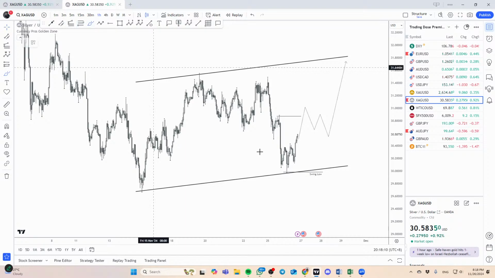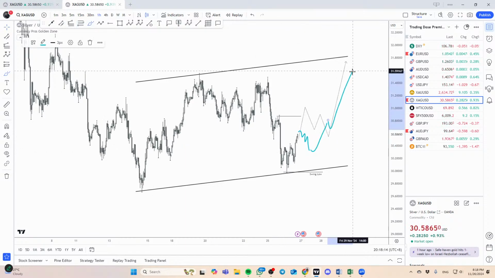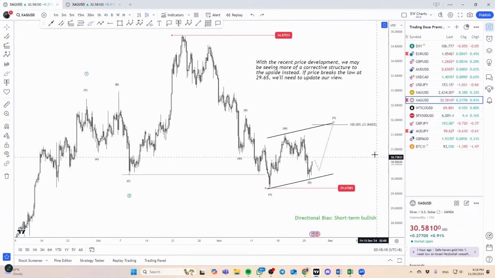If you're a little bit more aggressive, then you want to see if any sort of pullback here, you want to start to look for the buy, right? So yeah, silver, I have that view here where we are likely going to retest this top at 31.80. So those shorter term traders, you can consider looking for the opportunity on the outside, right?